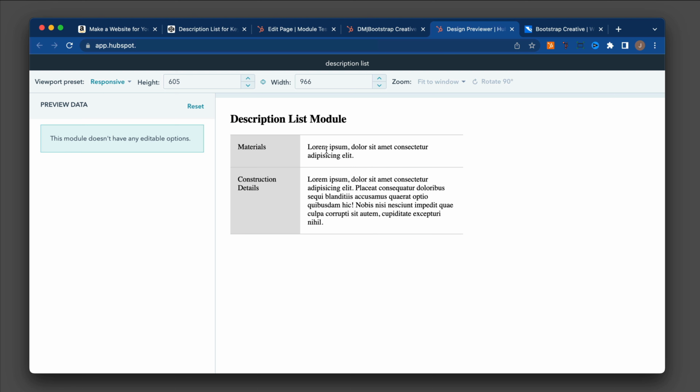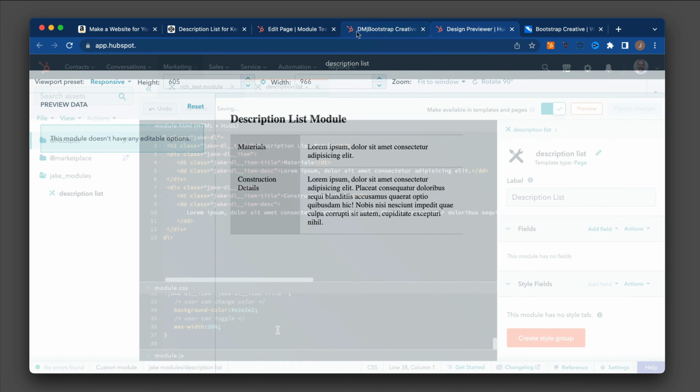You might notice that if you have a theme, the font isn't looking right, or if you have a grid system that your theme is using, it's not working. The reason for that is this preview is bare bones. It doesn't bring any of your theme styling in there. So what I usually use a preview for is just making sure that the content is being displayed in the right way. And then when I want to test the actual styling of things, I test it inside of a page with that theme applied.